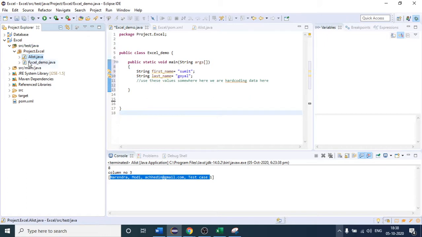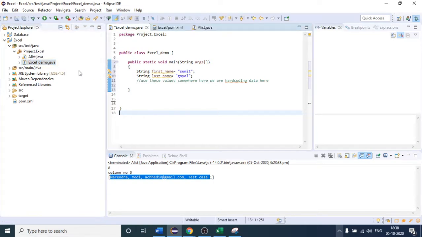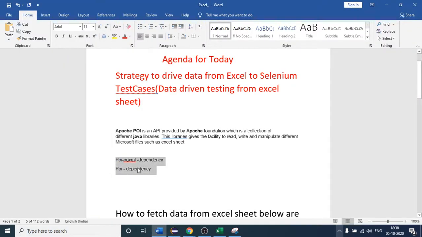You can see I have created one of them is this one, and one of them is this one. As of now, consider only this one. Okay, we are interested only in this one. After that, I have told you that if you have to drive the data from the Excel, you